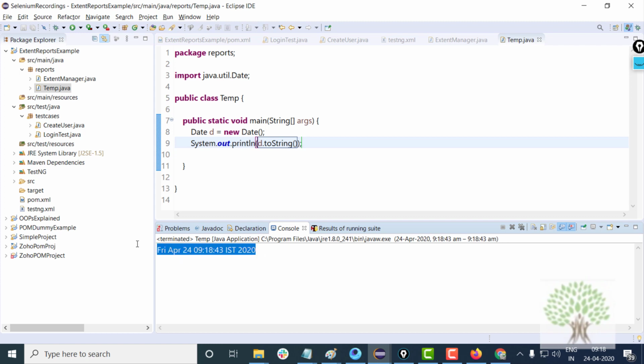So this can be my report folder name, but the only thing is that colon is not allowed in a folder name. You cannot make a folder name which has colon.